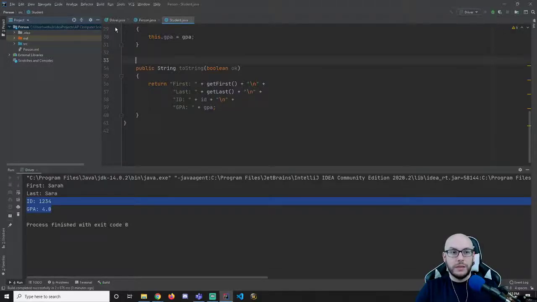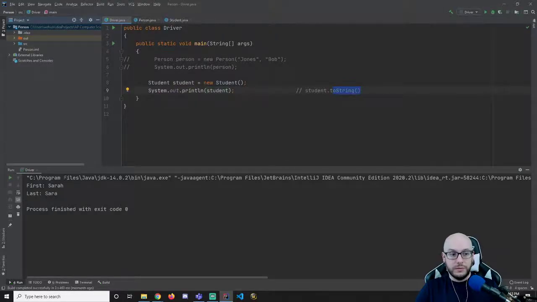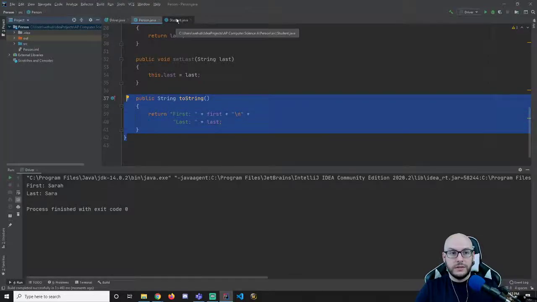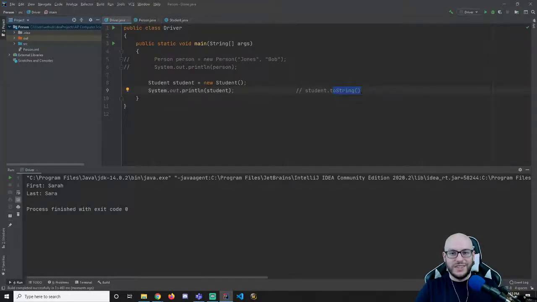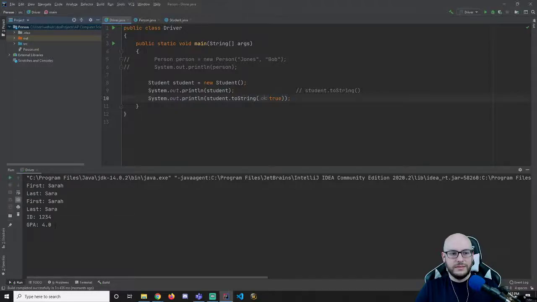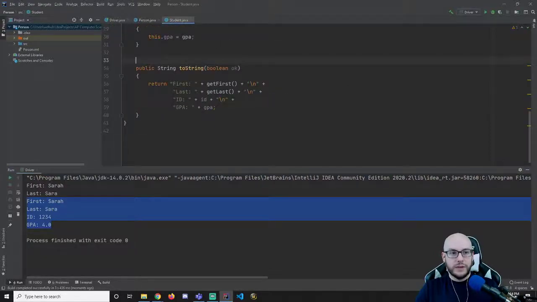If I were to run my program again, which is calling a toString that doesn't take in any arguments, we get this, right? We get just the first and last name. That's the one that we've inherited from person. In order to see the other toString, I would have to call it passing in this stupid little nonsense Boolean in order for that to work. I am overloading right now, not overriding. Okay. So @override,